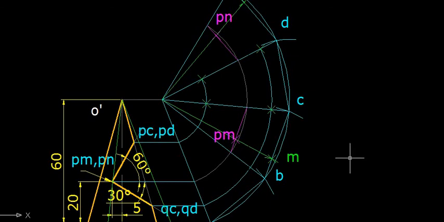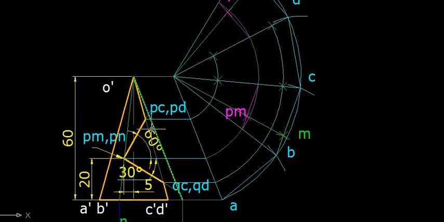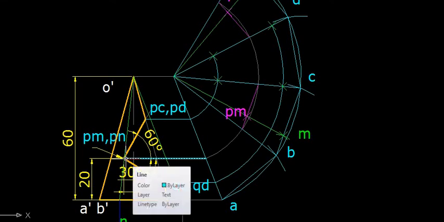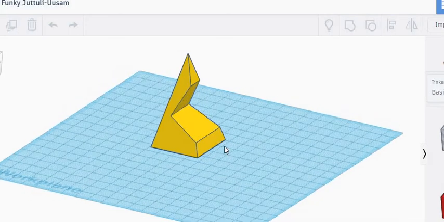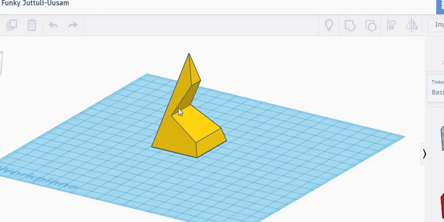After marking these points, how to join these points? That is another question. If you want to join this thing, then look at the front view. Start from any point, preferably from the end point. Let us start it from PC and go in this direction. From PC to PM you will have to join. PN will be behind. Okay. From PC to PM you will have to join. PN should not be joined because PN is on the back side. So you can visualize it like this. This point is the PC point. This point is the PM point. PC to PM is joined, not PC to PN. Okay.